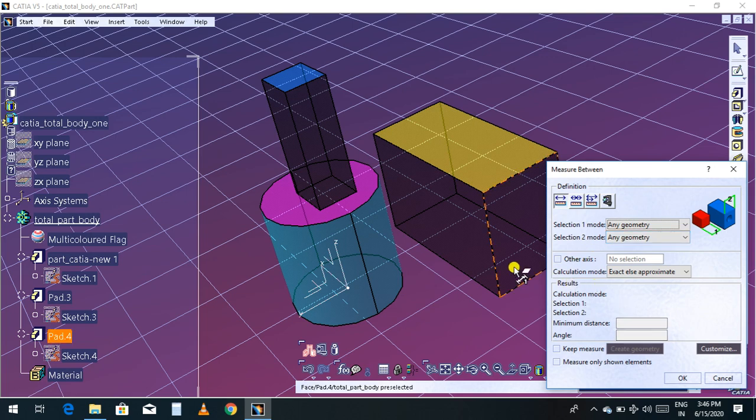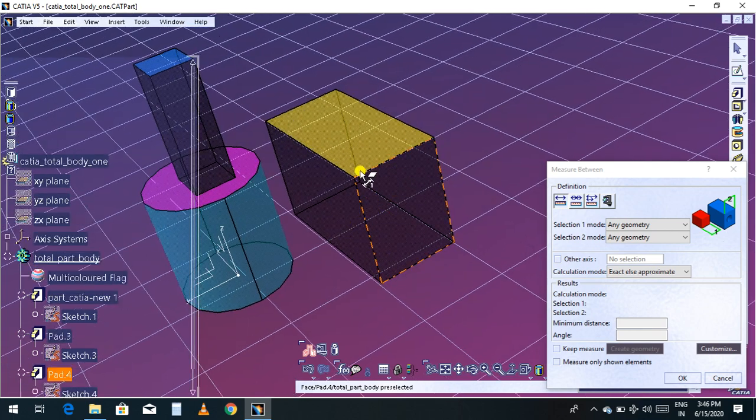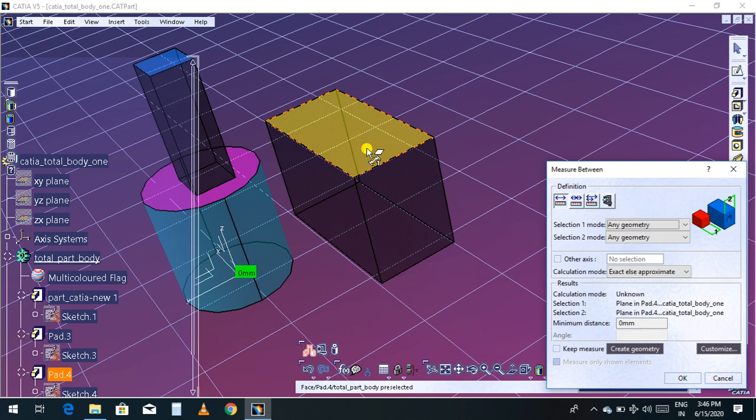Now I'm going to measure between this face and another face. Let me select any geometry. Now I'm going to select this face. This is face 1.